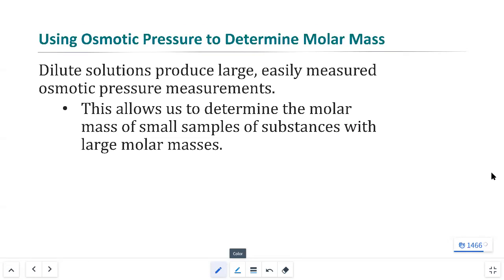There's one other application that we can introduce, and we'll do the calculation for it on Monday. Determining molar mass. One thing that we can do is more or less take this concentration business and flip it around on its head. If I know my osmotic pressure equation, I know that I can flip it around like so